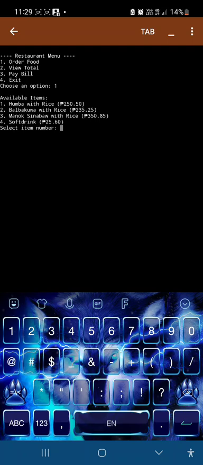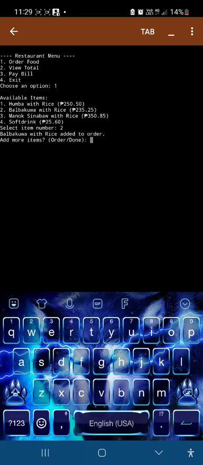You can select a number, for example number 2, and it lets you add more items. It will ask whether you want to order or be done. So let's try to order again.